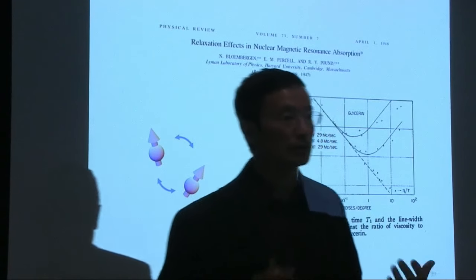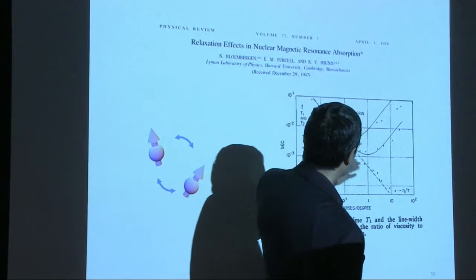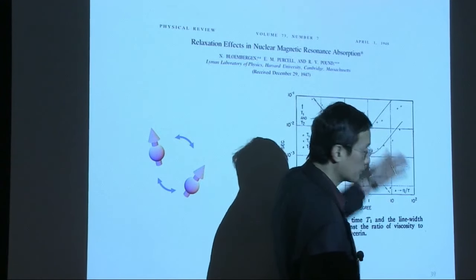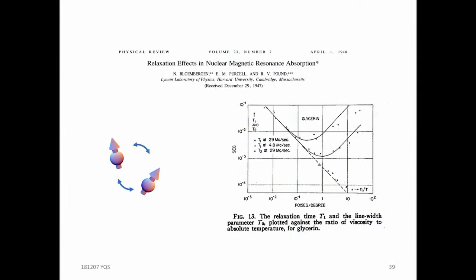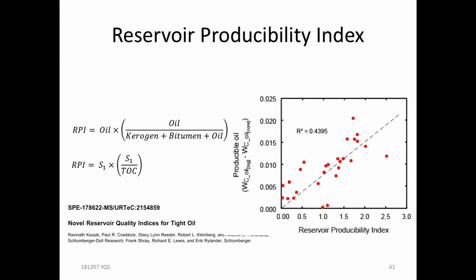Or like water, the T1 and T2 are very similar. But when you take something very heavy, then you could have a very large difference in the T1, T2. And that's what we have. As you go progressively to bitumen, to kerogen, your viscosity basically goes up tremendously. And that generates these T1 and T2 contrasts. And we can in fact take advantage of that, right? We know that the very high T1, T2 ratio materials are bitumen or kerogen, and we can take advantage of that to determine